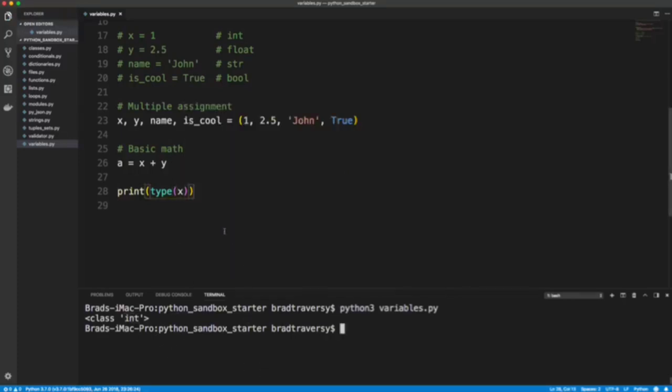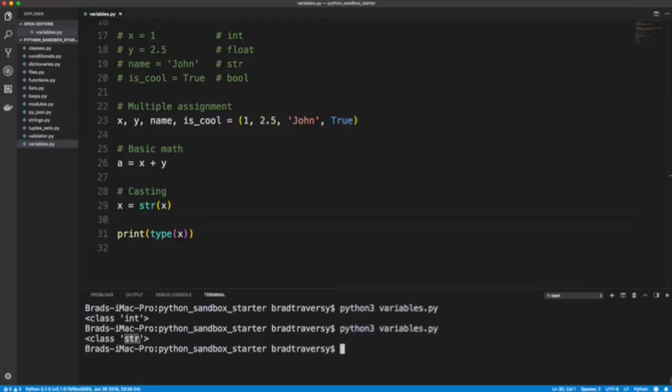Now there may be cases where you want to cast a different type to a value. Like let's say we want to make x, which is an int of 1, let's say we want to make that a string of 1. So we can do casting. So I'm going to set x equal to, and then I'm going to use str. Okay, so we can use the type and then pass in whatever we want to turn into a string, which is x itself. And then I'll go ahead and run this, and now you can see that we get class